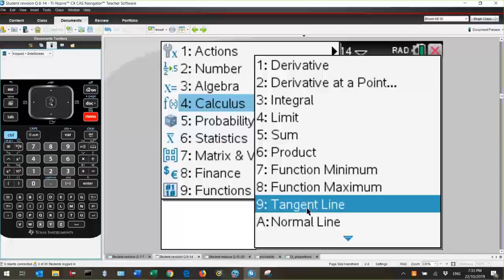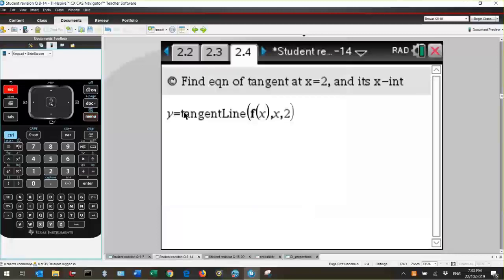So if you only include an expression, then you haven't answered the question, and in all probability you won't get the mark. So I always say, don't think of tangent line as an end in itself. Always use it in conjunction with y equals